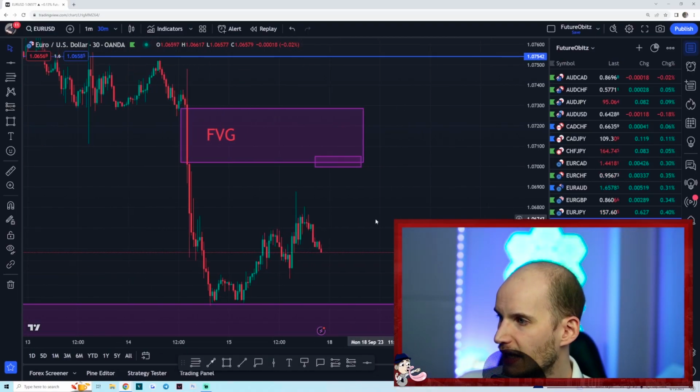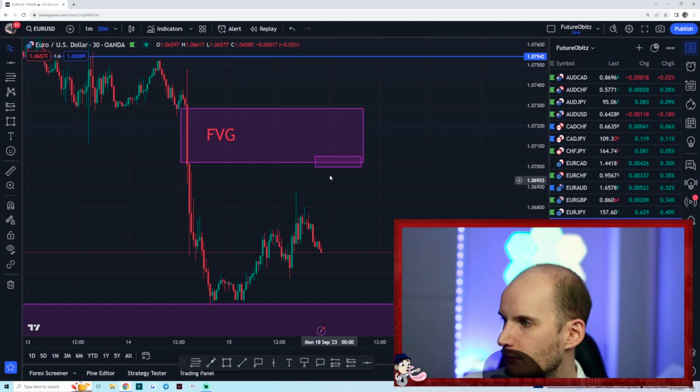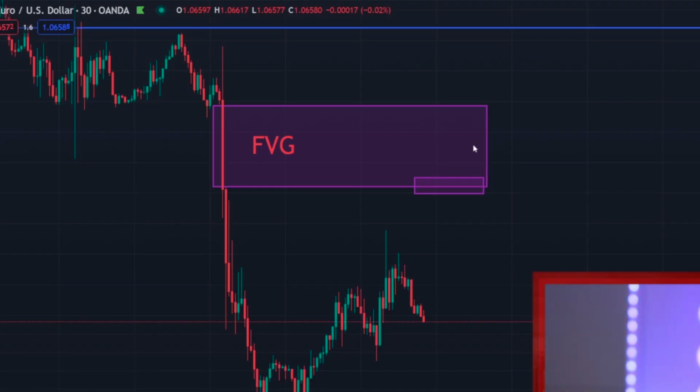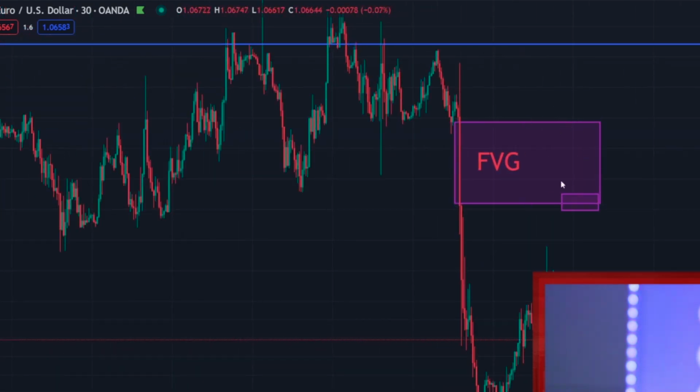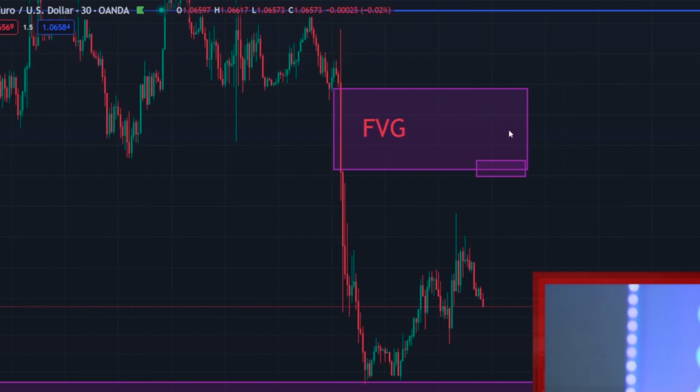So now we would like to see where can we take a potential trade and where can we potentially exit that trade. So let's say on Monday, market comes up here, enters this fair value gap, respects this fair value gap. It doesn't go up to the previous resistance, but it stays within this fair value gap and then slowly comes down again because we are in a downtrend and the market will most likely respect